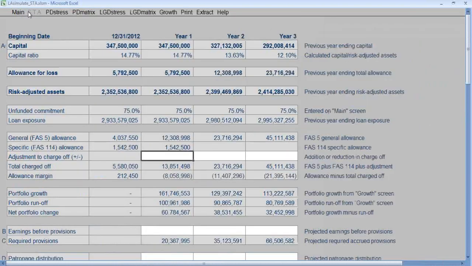Click STA. You can see the growth and the runoff and the net change in the portfolio. You can make adjustments to the allowance or the charge-off. You can put a negative adjustment. We're going to say there's going to be recoveries made. We can put a positive adjustment, increasing the charge-off, identifying maybe there's going to be fraud that we don't recognize through this